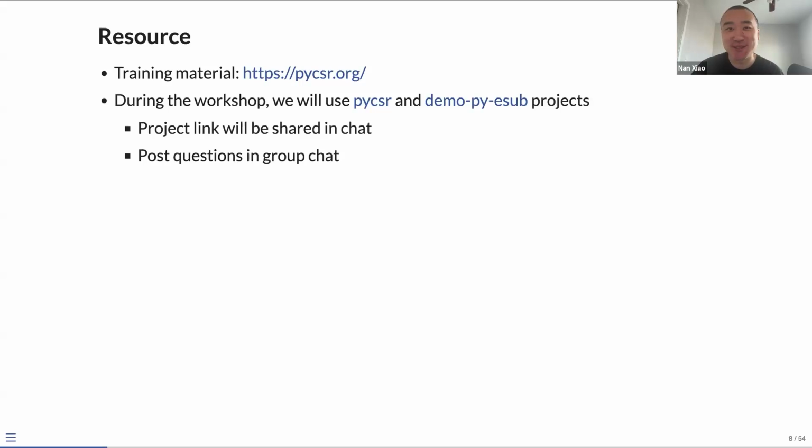Apparently, the book is at pycsr.org. And during the workshop, we will be using all these different repos. So you'll be able to clone them if you use GitHub Codespaces. But you can also do that if you use VS Code or Positron locally, if you can set up a local development environment.